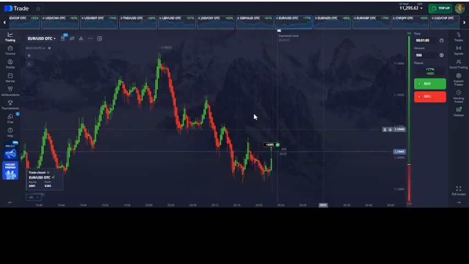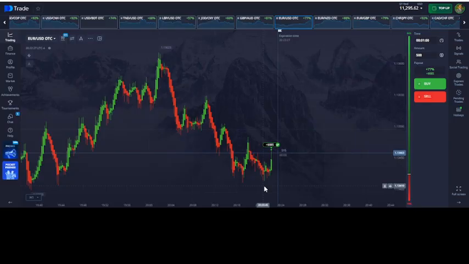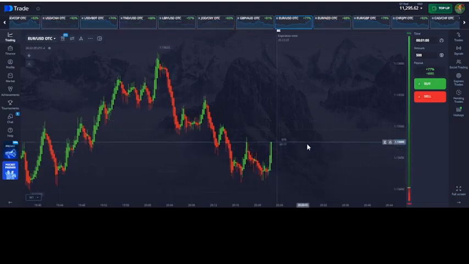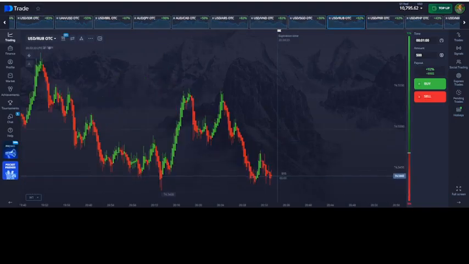Okay, so that trade was in the money. There was an actual bullish reversal. I waited for that green candle to print, that bullish green candle at the level of support. Okay, so I'm going to pause the video and look for another setup, come back and take a trade. Okay, so I'm on the USD RUB OTC pair, and we're coming upon a level of